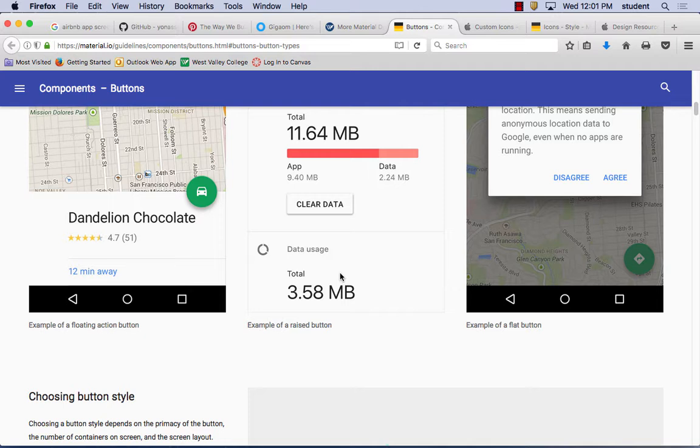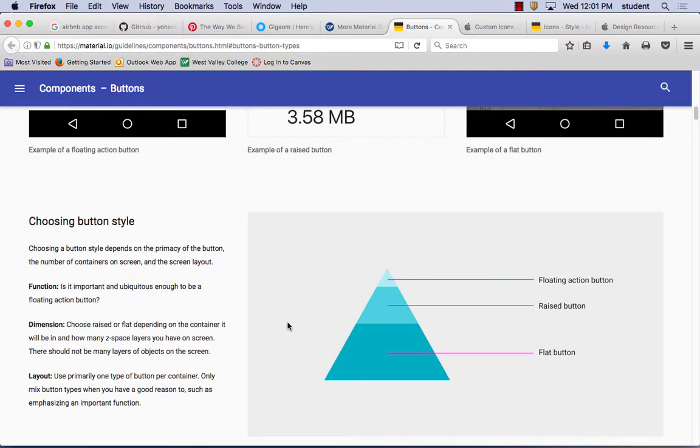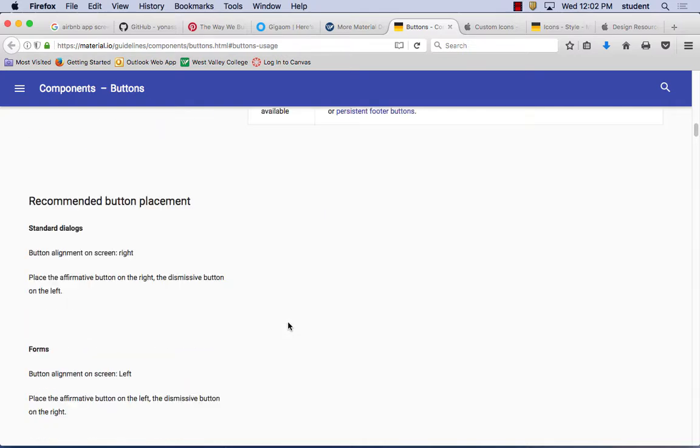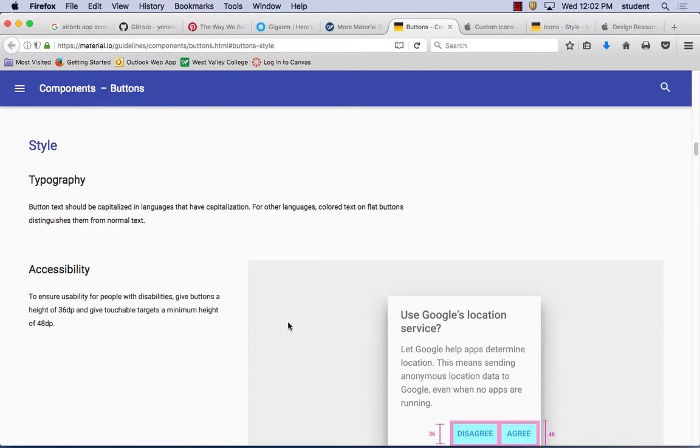So again, make sure you read up about material design. Very interesting way that flat design is done. And that's not to say you can't do that in Apple. I know Apple is, you can take the same concepts that they have